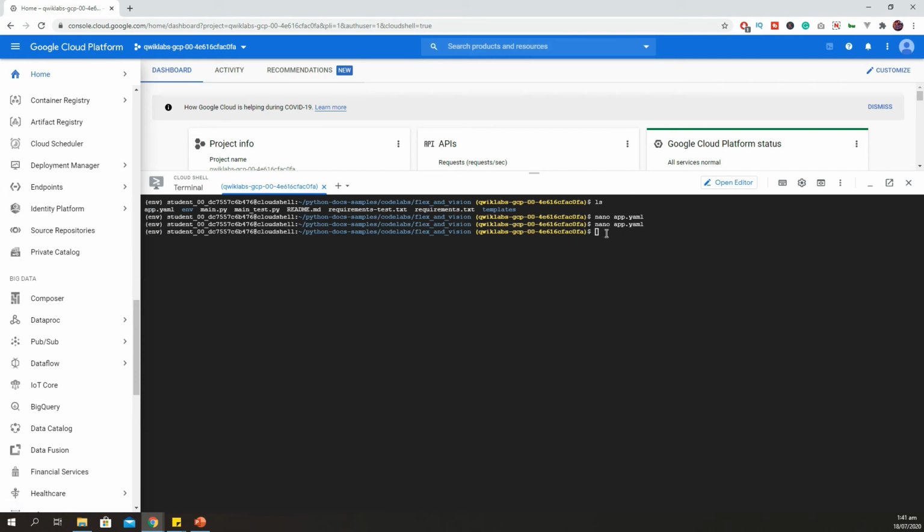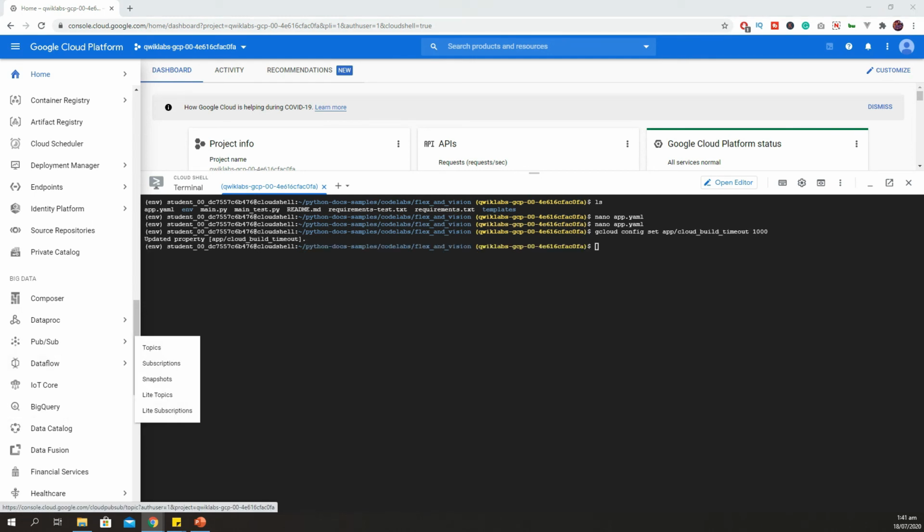Before deploying your app to App Engine flexible environment, you should set this time, and using this command, gcloud config set app/cloud_build_timeout 1000. Okay, it's set, and now we will perform the command for app deployment.